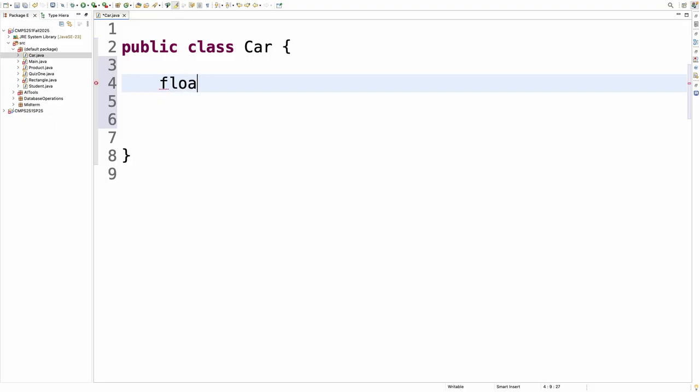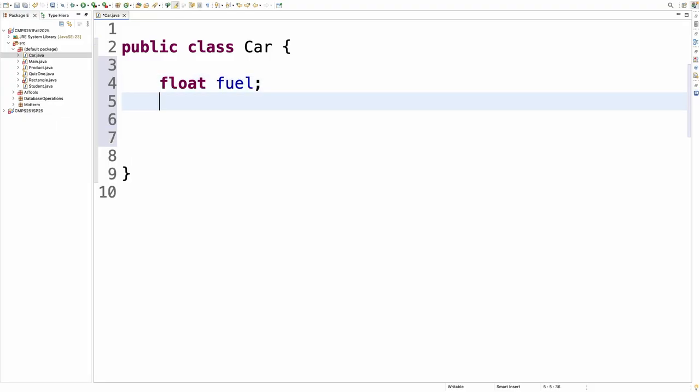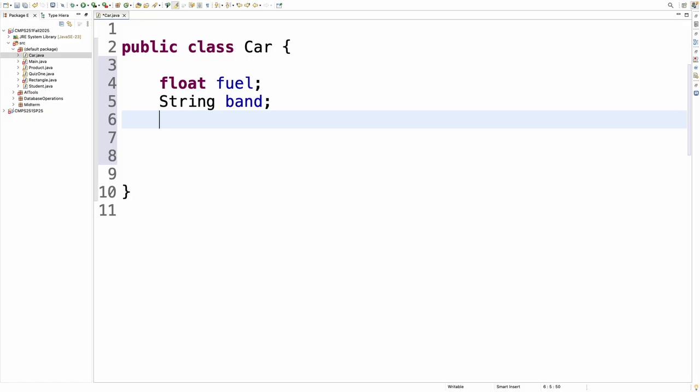Let's say maybe we might want to keep the fuel, how much is it, and then of course we can keep the brand or so. There might be so many. How many seats? And so on. We can keep on that, but for that one,